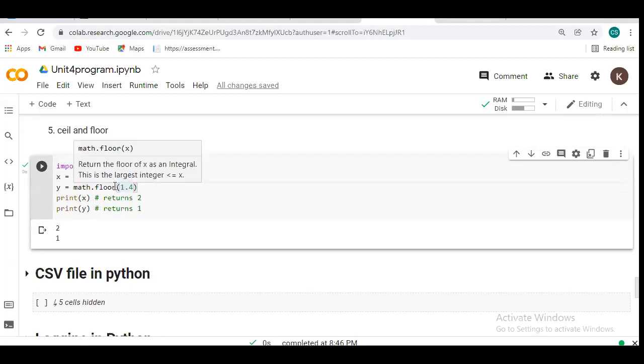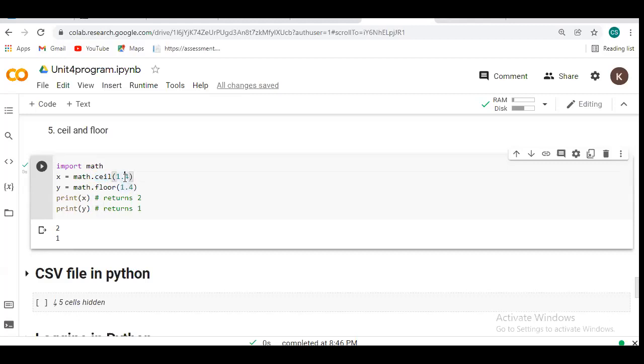For ceil we write 1.4, but the output is 2. It returns the nearest upper number, which is 2. After that, for floor, 1.4 returns 1. Why? Because it returns downwards. We call floor the leftmost element, and ceil the rightmost element.